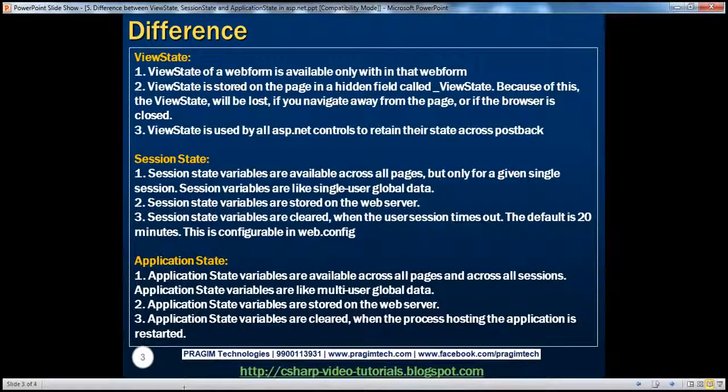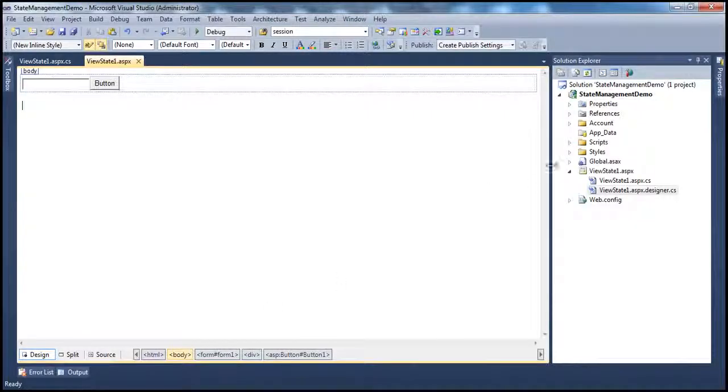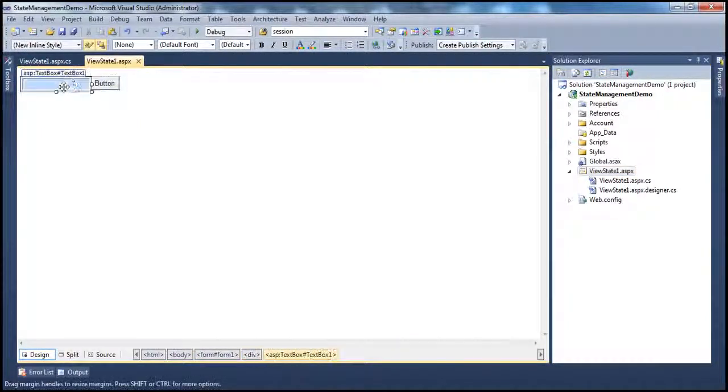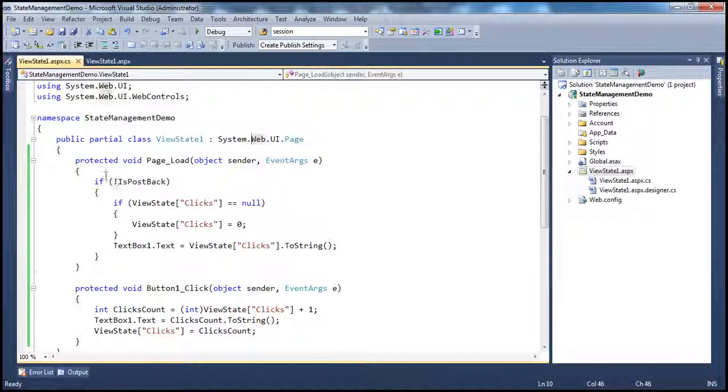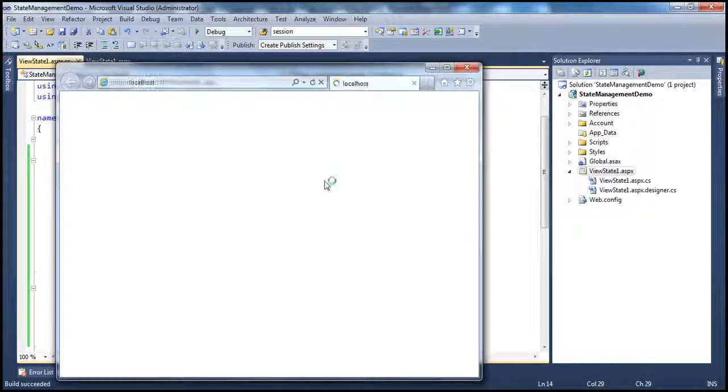Let's look at an example. Let's flip to Visual Studio. Here I have a very simple ASP.NET web application project created which has got a ViewState1.aspx web form, and on this web form I have two controls, a text box and a button control. And if you look at the code behind of this page, I have a very simple 6 to 7 lines of code here. Let's actually run this application and see what it's doing at the moment, and then we will